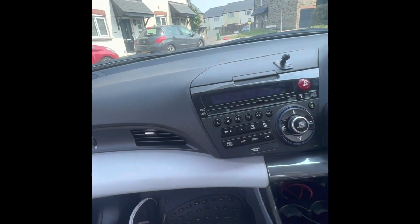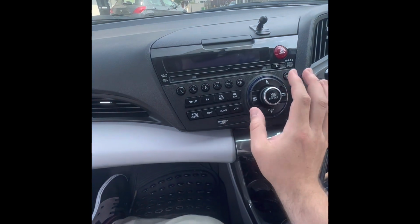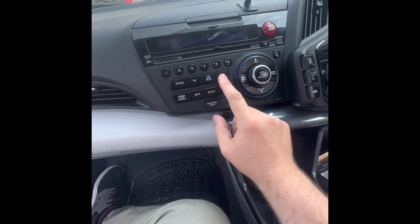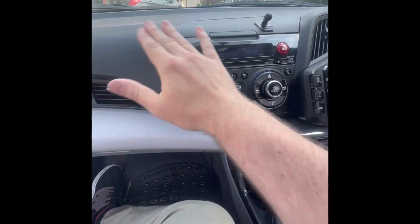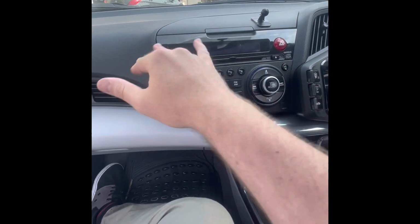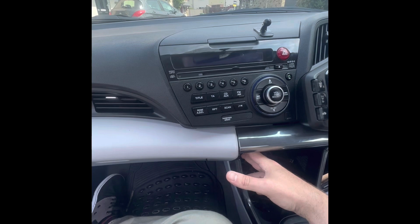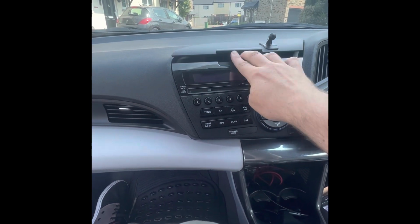Okay peeps, just a quick video on how to remove a radio from a Honda CRZ. This is a 2012 model, but I can imagine it's pretty much the same from what I heard for the 2010, 11, maybe 13 versions. Okay, there are some videos on YouTube that would show you that it's as easy to pop up